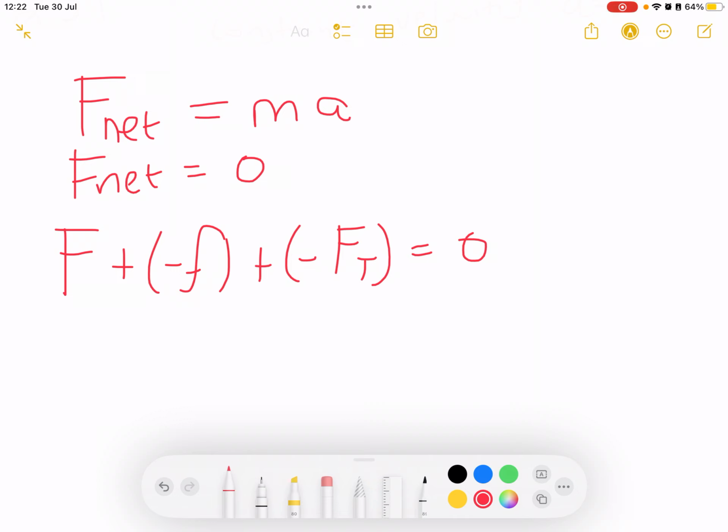And then we will have that F is equal to a positive friction plus